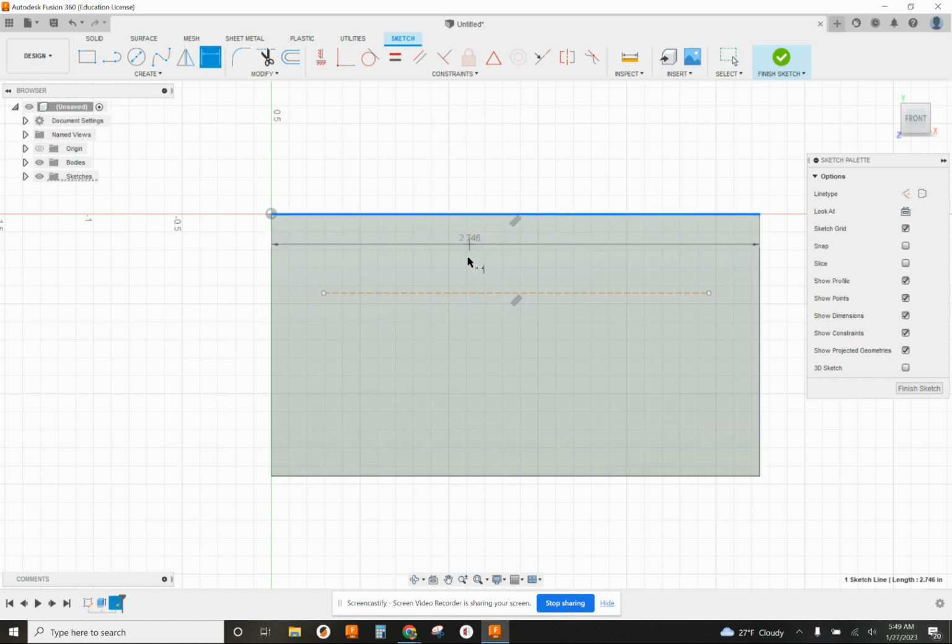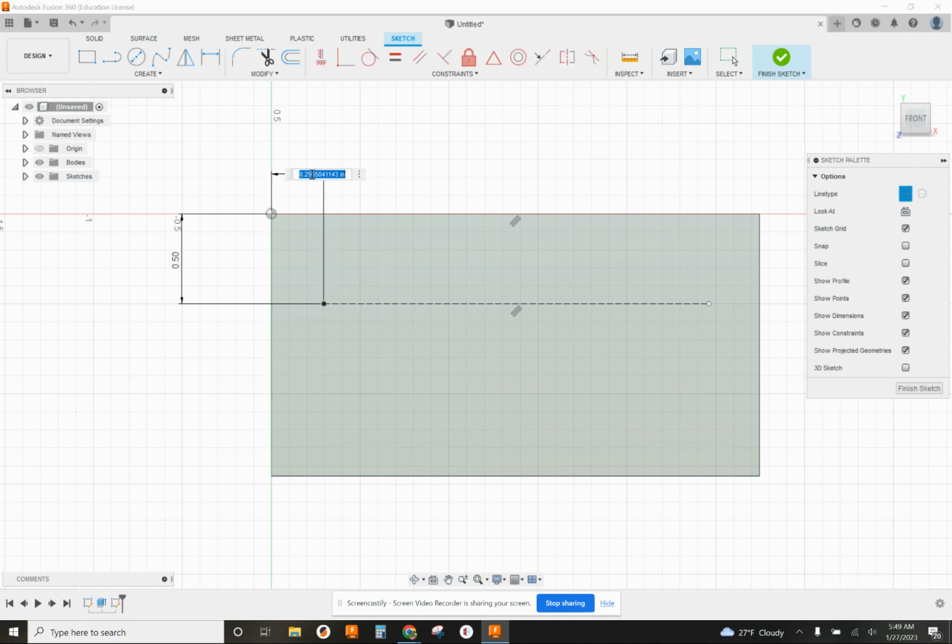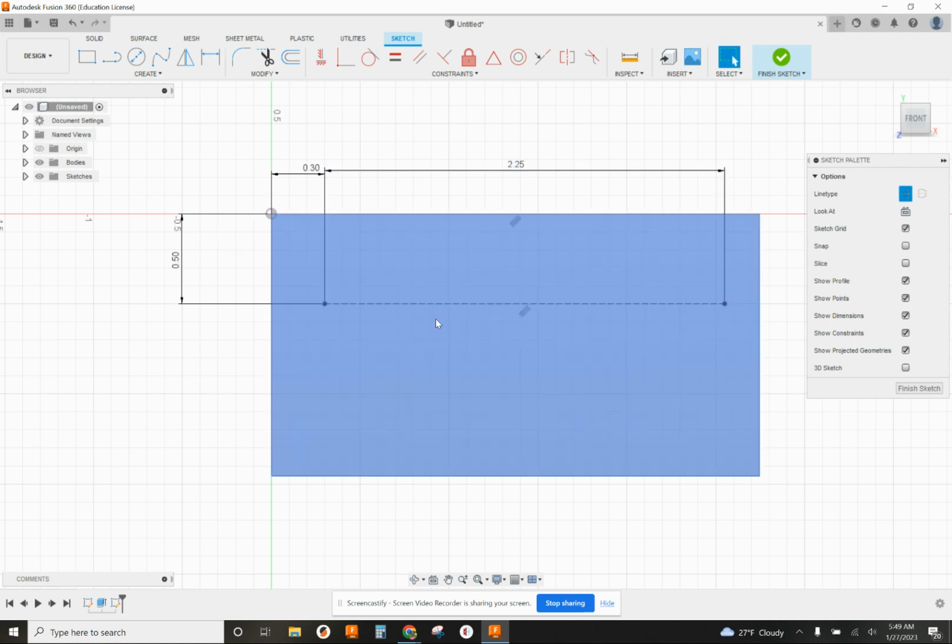So I'm going to dimension this from here to here and call it 0.5. Here to here, 0.3, and then the length of it, 2.25. All right, so you can see this all is black. That means it's fully constrained. And so what this does is it allows you to place several points along this line without repeatedly dimensioning it